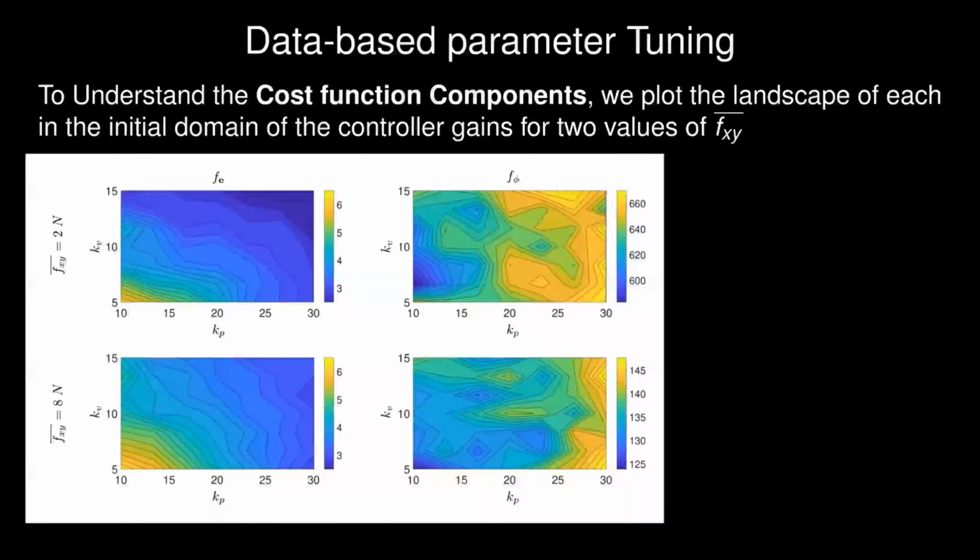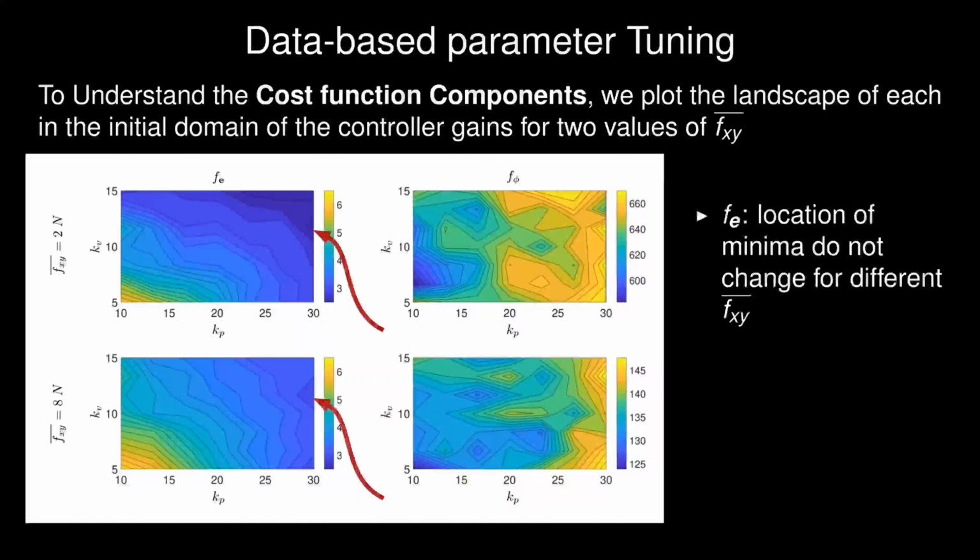The slide shows contour plots of the two components of the cost function at two allowed lateral force values. The position in the left column and the angular error functions in the right column are shown separately to understand the effect of each of the performance indices on the presented tuning scheme. This figure shows that as the bound is increased from 2 to 8 newtons, the lateral position error component decreases slightly for almost all values in the given range, and the number of local minima slightly increases